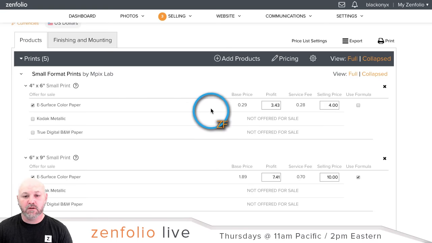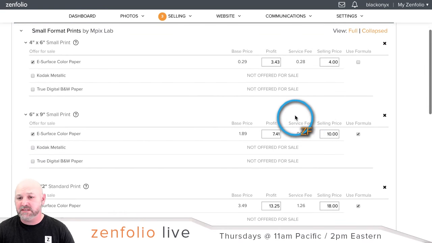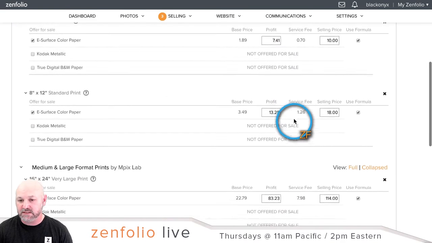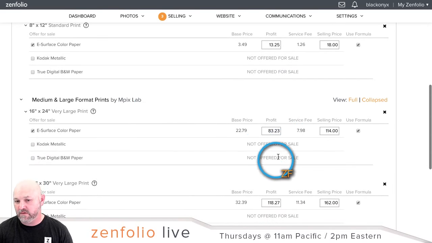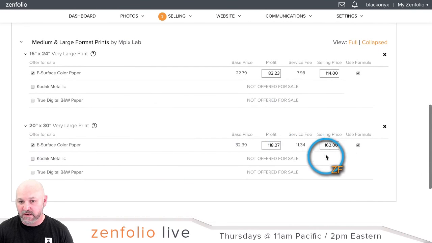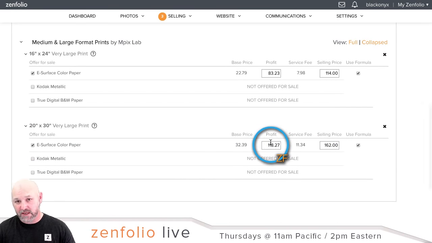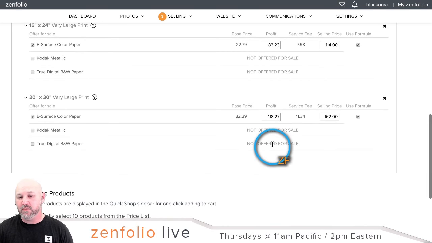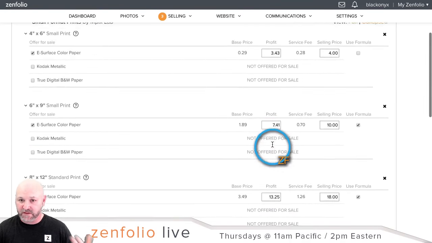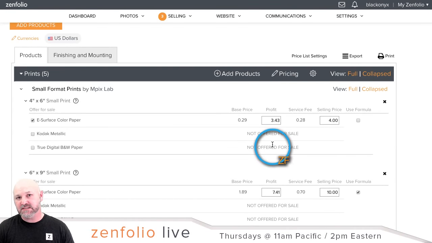All right, so let's go down here, and basically what I do is I just go down through the price list and fine tune all of these. I'm not really going to spend a lot of time doing that now, but I would just come down through the price list and fine tune the pricing of all the products. Once I'm happy where everything is priced in this category, then the next step is going to be to look over your order options. So again, keeping in mind that I want to build a very simple, streamlined price list,